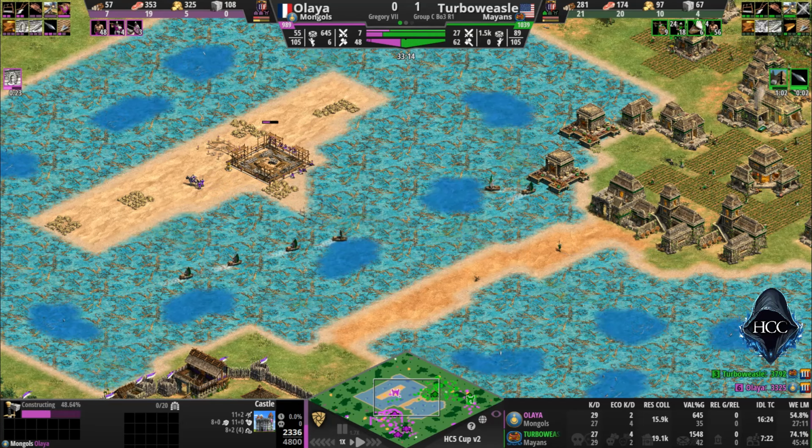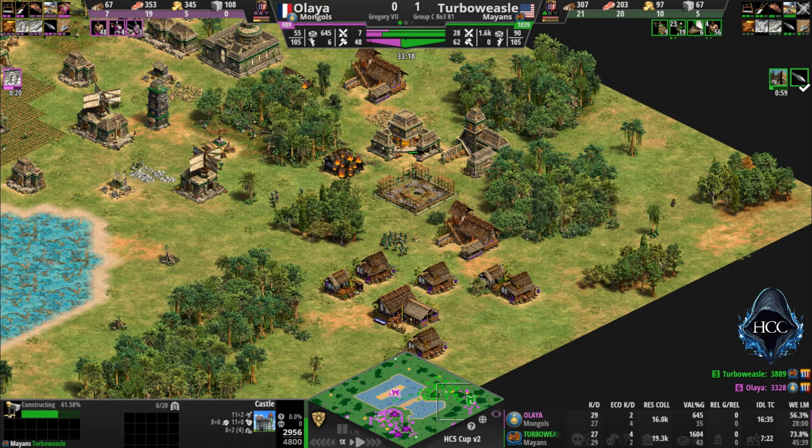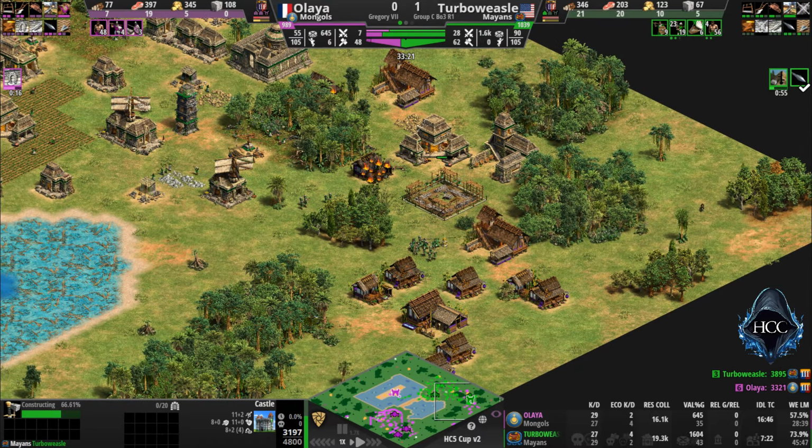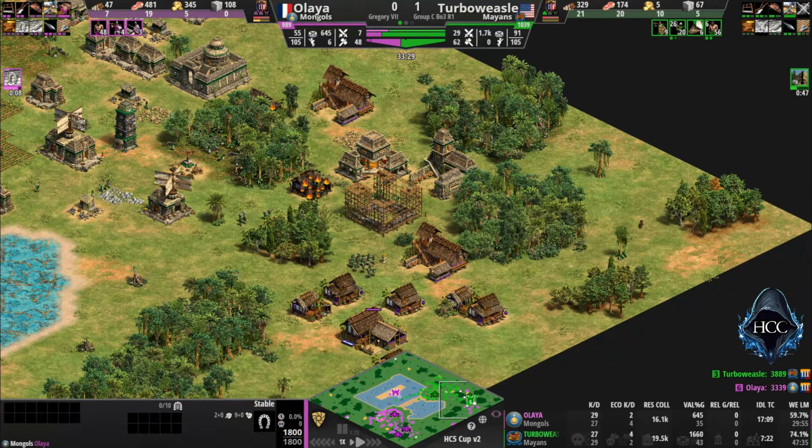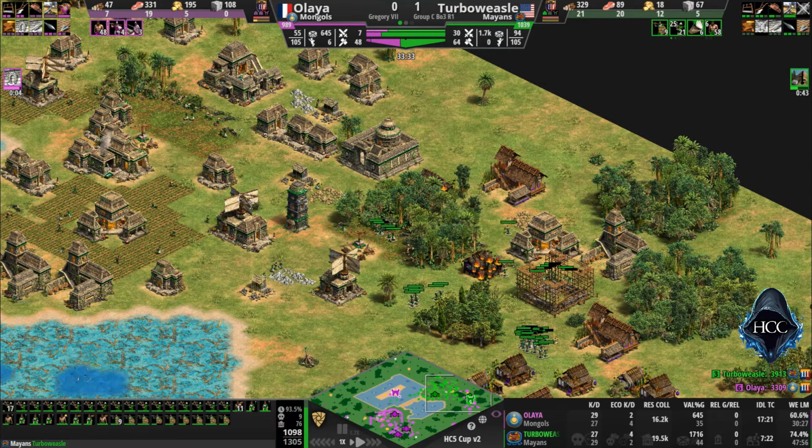Now, Turbo is building a castle over here, which is obviously quite a weird one. Obviously he wants to get rid of these. He wants to be safe from raids from the rear. But...